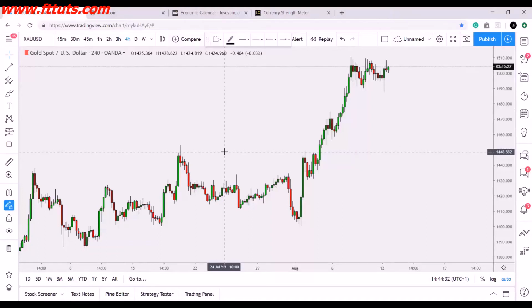So what we're going to do today, we're going to run over one pair. We're going to look at the structure of the market. We're going to identify what we're capable of identifying, and then we're going to back test it using the 1 hour, 30-minute time frame. We're not going to do no replays, and we're not going to do no forwards,